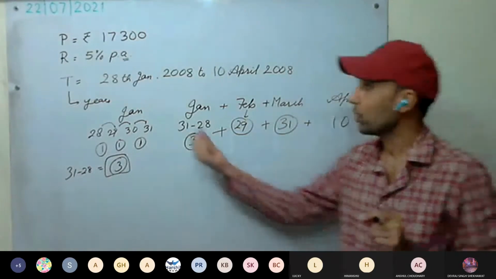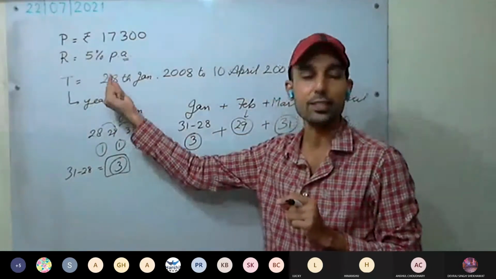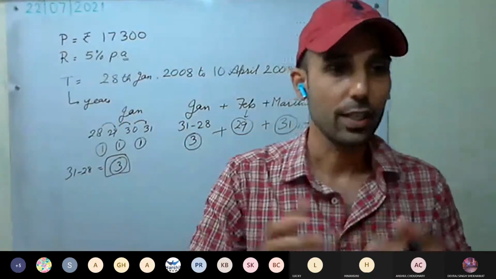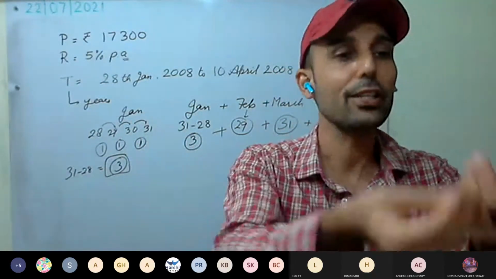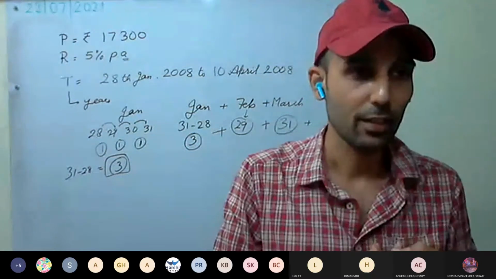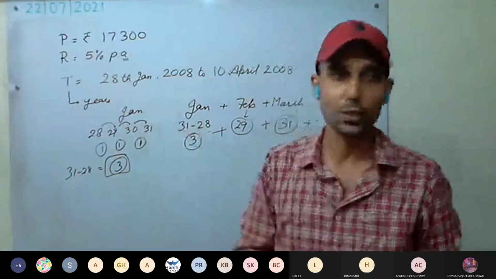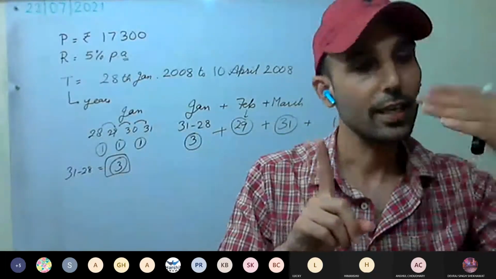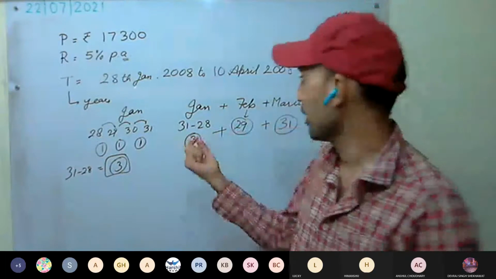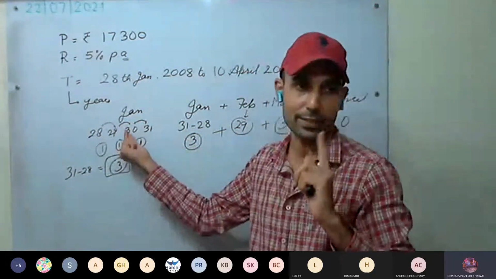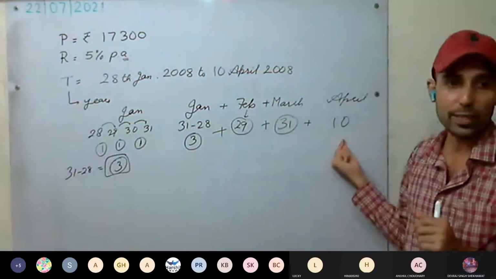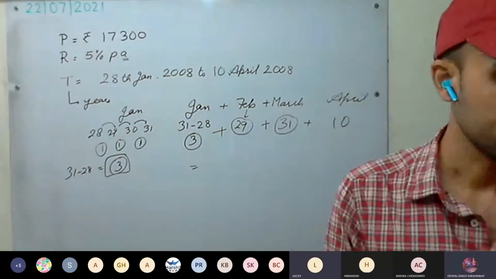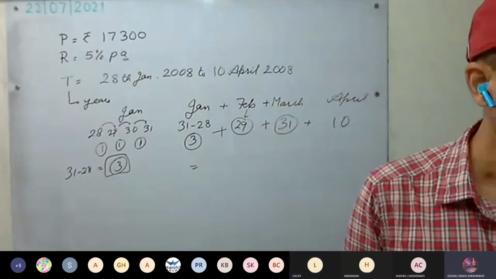Understood now? We are not counting the initial date. That is, starting date we are not counting. As well, we can figure it out. I have just paid you the money. If you are returning me the money on the same day, am I going to charge the interest? No. Same day I'm not charging. Next day it will be 1 day. Then I can charge. So interest will be done on which day? 29. 1 day interest. Understood now? So total how many days are there now? Add them and tell. 73 days.